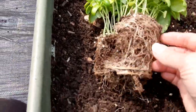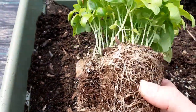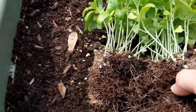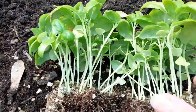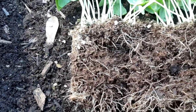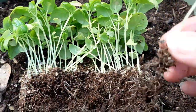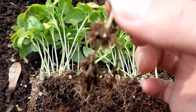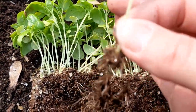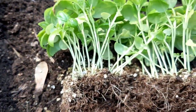So when you're planting your herbs, as you can see, these are definitely pot bound. There's a lot of herbs inside here, and you're just going to rip it open and then gradually loosen one with a root, and then you can just start planting them spaced apart inside your pot. All of these will probably go in,